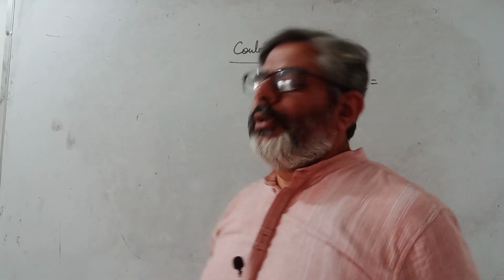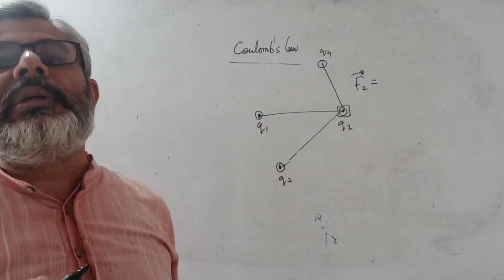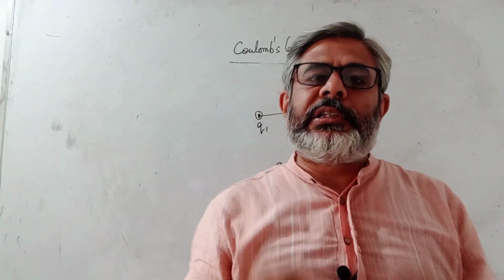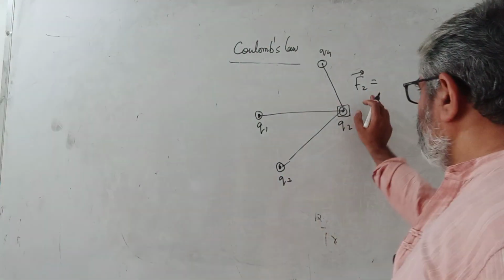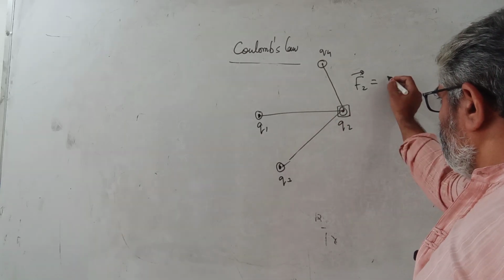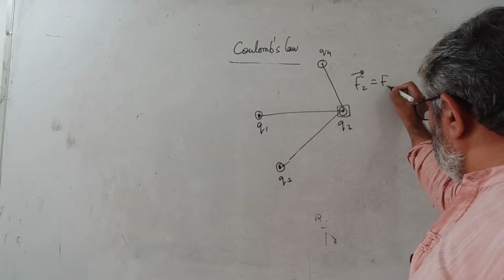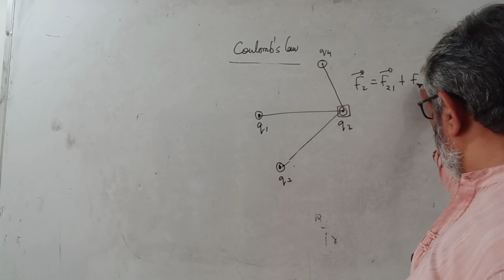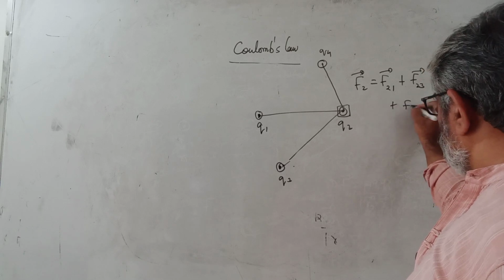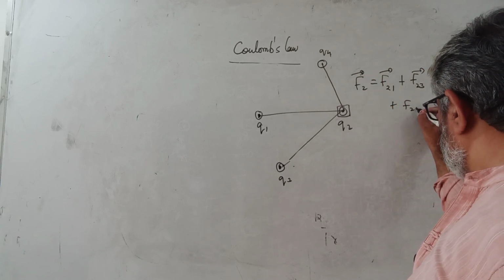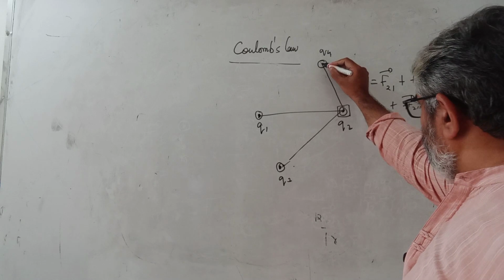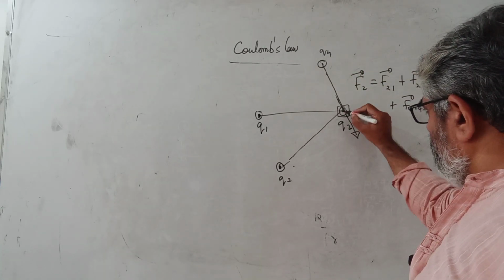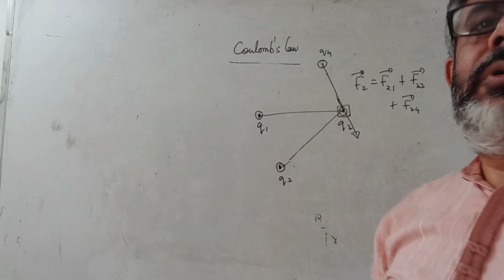Again, it is very simple. We'll do the same thing that we used to do in Newton's laws. So when you have to find the resultant force on something, what do you do? You do the vector sum of the forces. The same thing we'll do. So F2 vector, the force on this, will be the force on this charge 2 due to 1 plus force on 2 due to 3 plus force on 2 due to 4. For example, if you write it in unit vector terms, it will be something like one force would be like this, or it can be like that also, depending upon the sign of the charges.